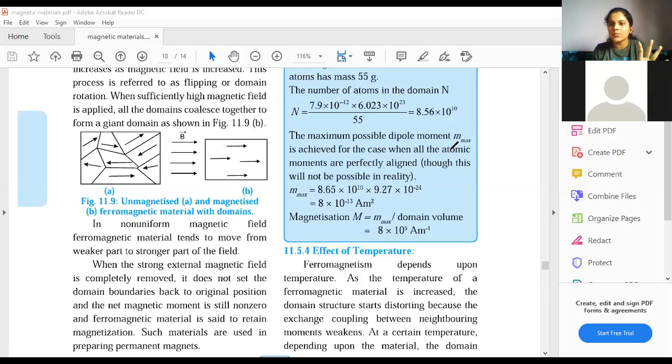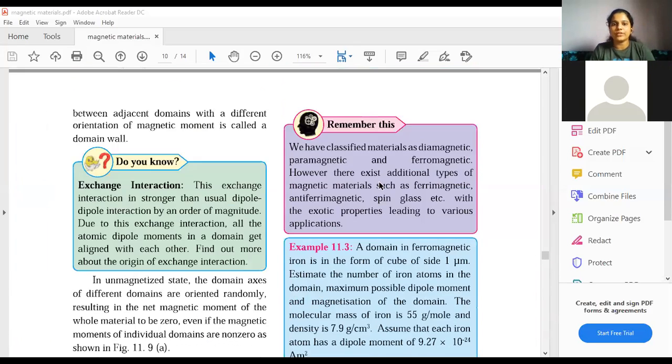So in ferromagnetism, what happens when you keep this ferromagnetic material in an external magnetic field, you can see all the dipole moments have now aligned along the direction of the external magnetic field. So basically all these small domains have now converged to become one big domain. The concept is the same as paramagnetism. The only new concept over here is the domain part. Because of that domain presence, it is easy to align them in one direction as compared to a paramagnetic material. All right, now let's see what is written over here.